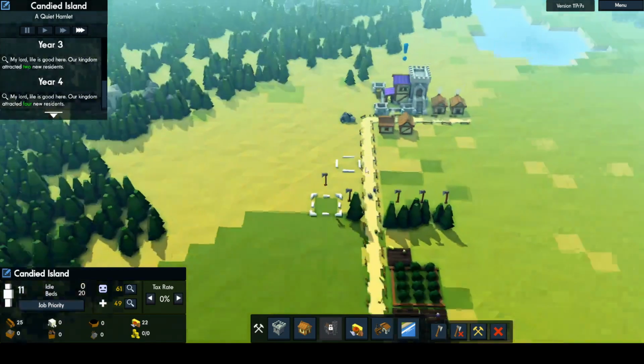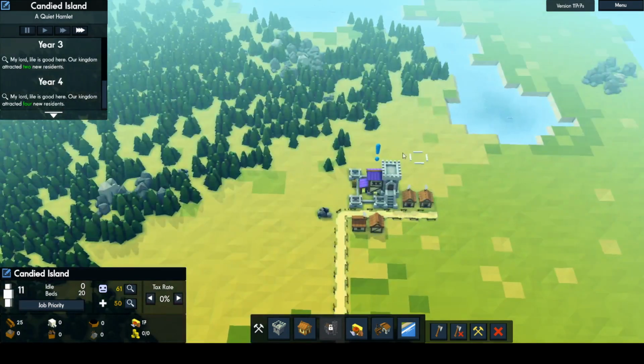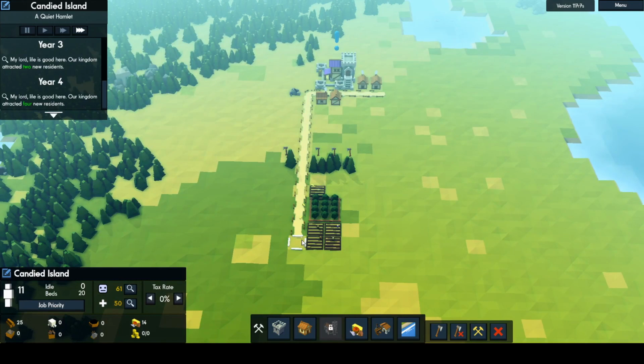That's strange. Maybe I'll cancel that out. Yeah, there you go. Alright, we got another exclamation mark. Let's see, what does he say? Sire, our food stores are running low. Perhaps more farms could help? Well, these only had 1 year to farm, so hopefully...